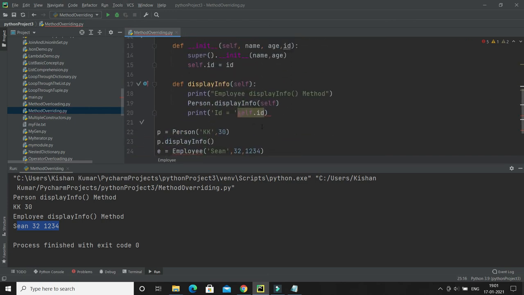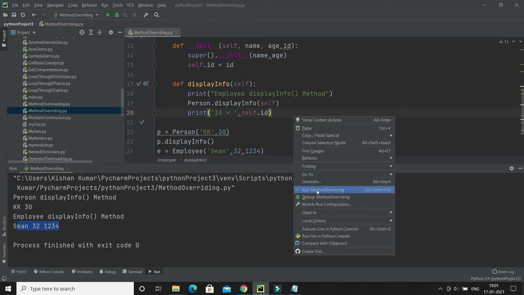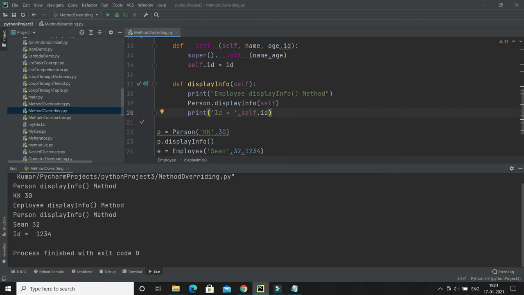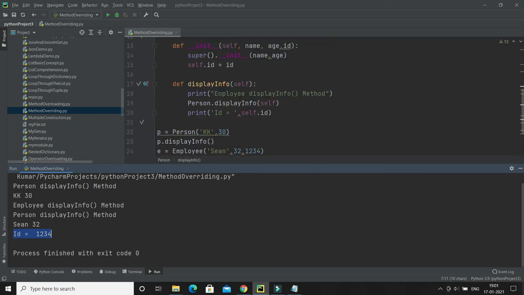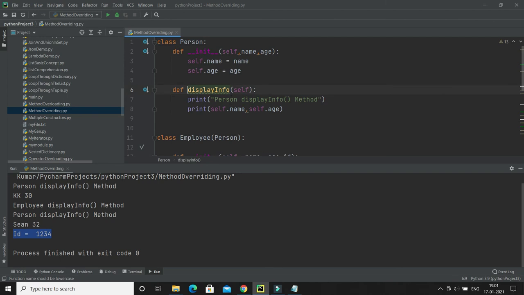Okay, I need to put the comma. Now if I run, you can see that as we called the subclass display method, it calls the superclass, so it prints this message, and again it prints name and age, but id is getting printed by the subclass display method.